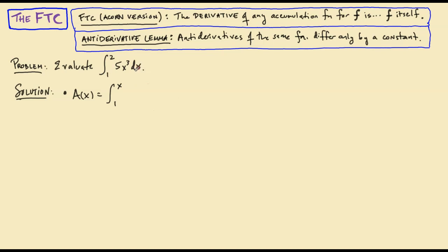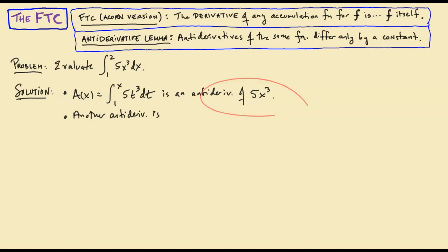So I use a dummy variable. My function is the thing that cubes the input and then multiplies it by 5. Well, I could call that 5t cubed just as well. So then I let t be my dummy variable. And now I've got an expression for the accumulation function. This accumulation function is an antiderivative of 5x cubed. Another antiderivative of 5x cubed